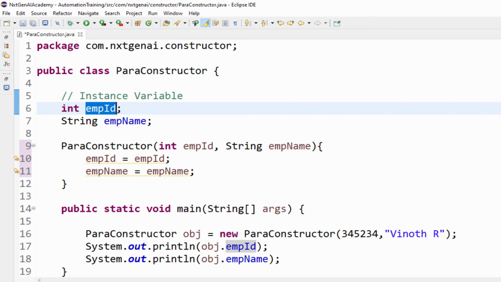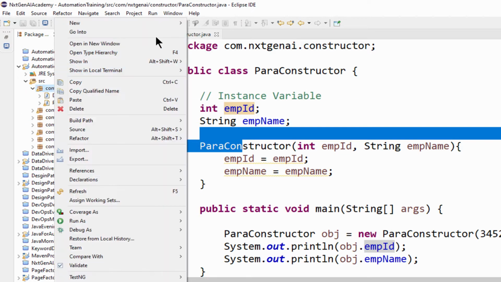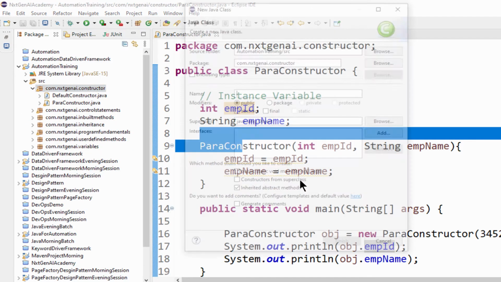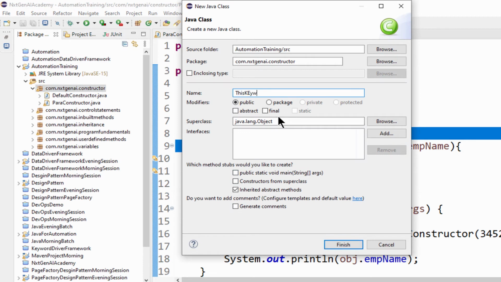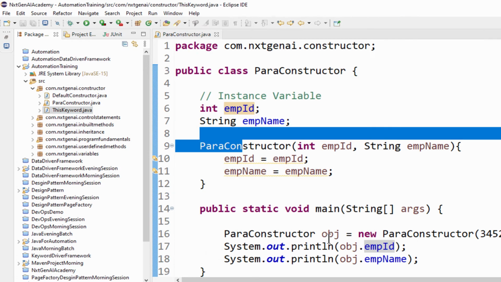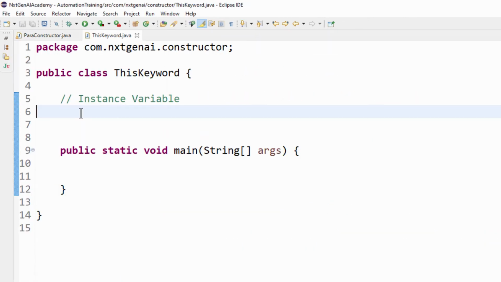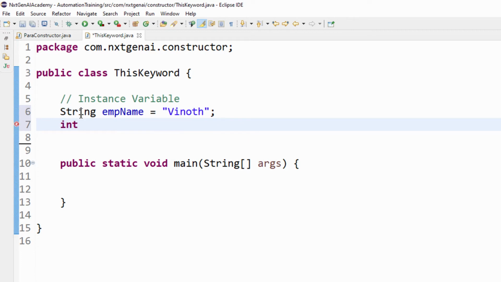Let's do it as a fresh program. Let's create the class first. I will give the name as this keyword, public static void main, finish. First we will declare the instance variable, string employment name. This time let's give some value, my name, then integer employment ID, some number like 12345.